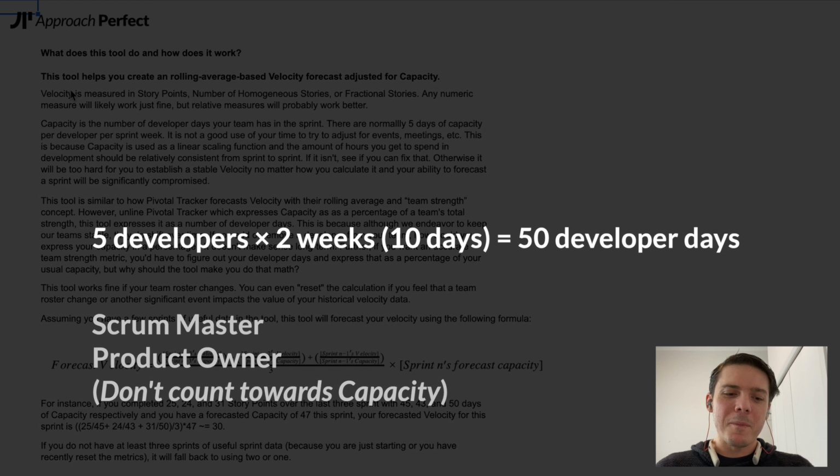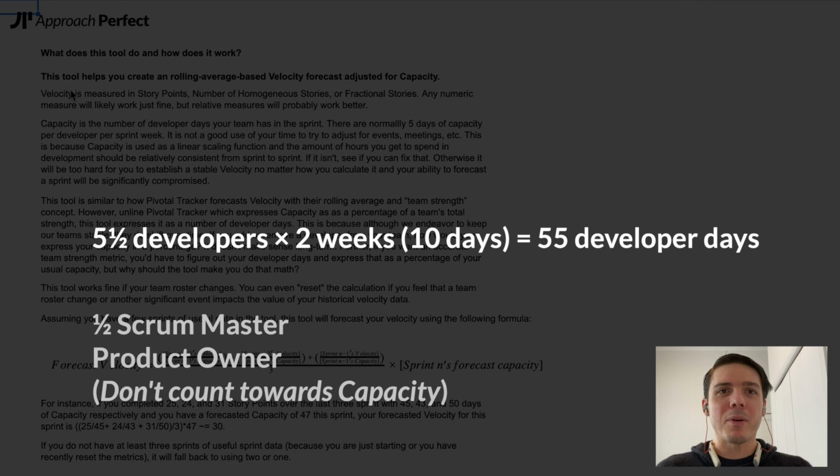And you might say, well, yes, but we've got sprint planning and backlog refinement and daily scrum and sprint review and retrospective. We don't really have 10 days worth of work. Maybe we have 9. You can do that, but I don't think it's actually worth it. This is a scaling function, so I would just assume 5 days per week of your sprint per developer. If you've got someone playing double duty, I wouldn't recommend it. Your Scrum Master should be a full-time Scrum Master. Your PO should be a full-time PO. But if somebody's fractional on the team, let's say half Scrum Master, half developer, you can give them 5 days against your capacity, or even knock it down to 4, because you're going to have to do a little bit